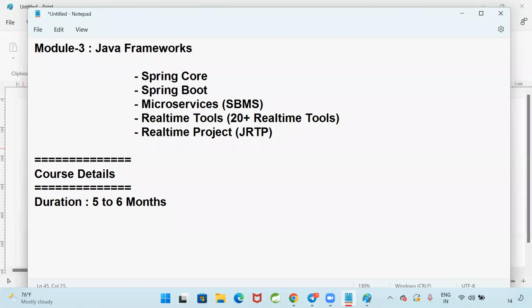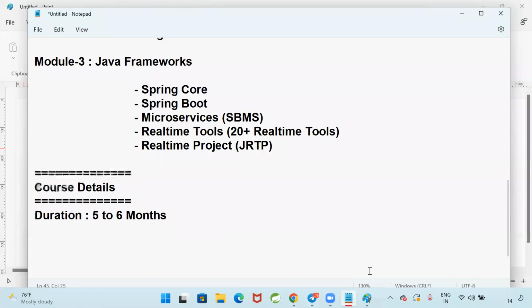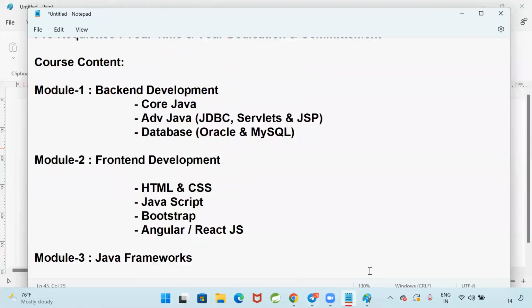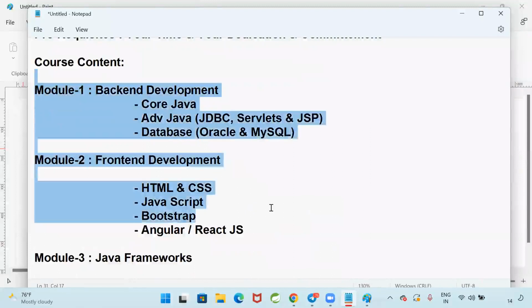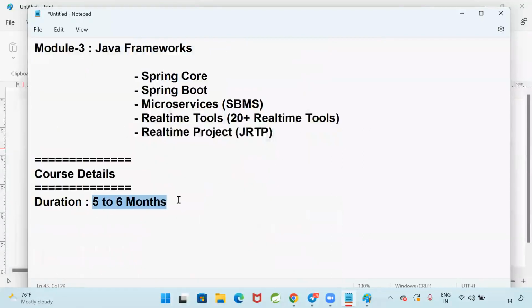If I give you 1 kg of cake, can you eat it in a single shot? Is it possible? No, because our mouth is not capable of taking 1 kg of cake at a time. Similarly, your brains are not capable of understanding all these concepts within 3 months of time. Got my point? You can learn these 3 modules only by spending 5 to 6 months minimum.